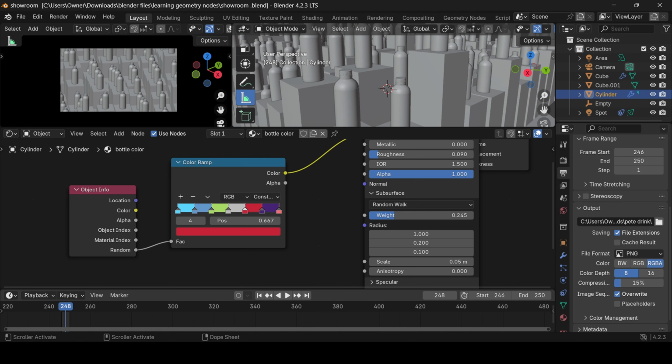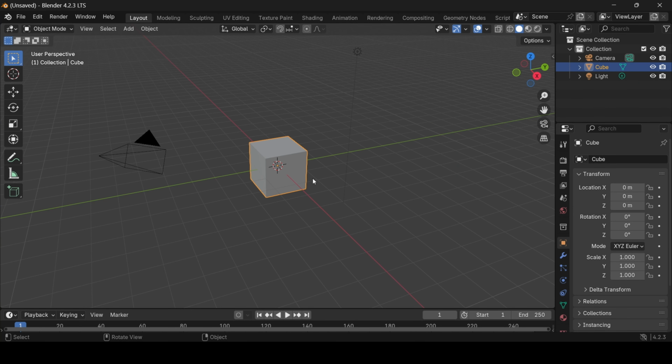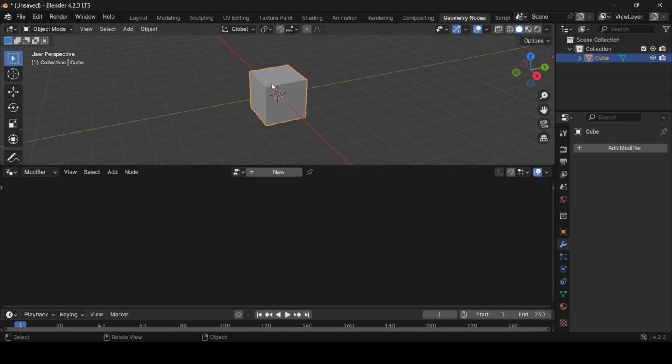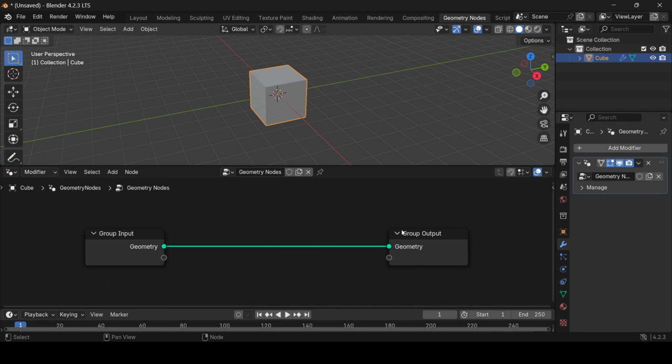So if I come to a new scene here, I'm just going to press new. I'm going to select the camera and the lights, and I'm just going to delete. We can keep the default cube, and I'm going to go to geometry nodes panel. I am going to close this window. I'm going to press new to add a new geometry node to this cube, and I'm going to press